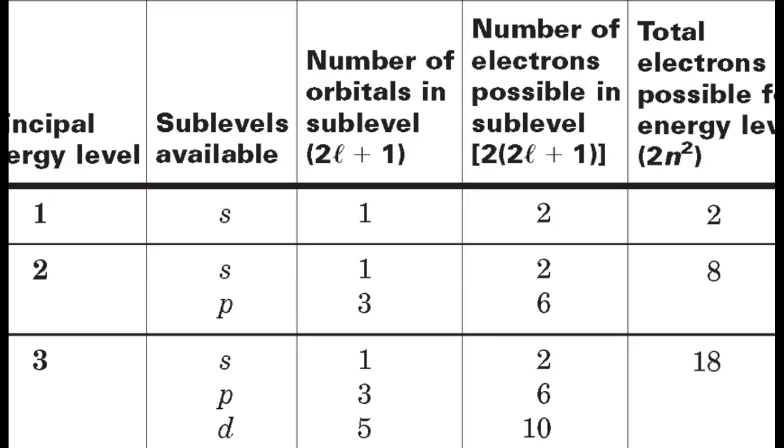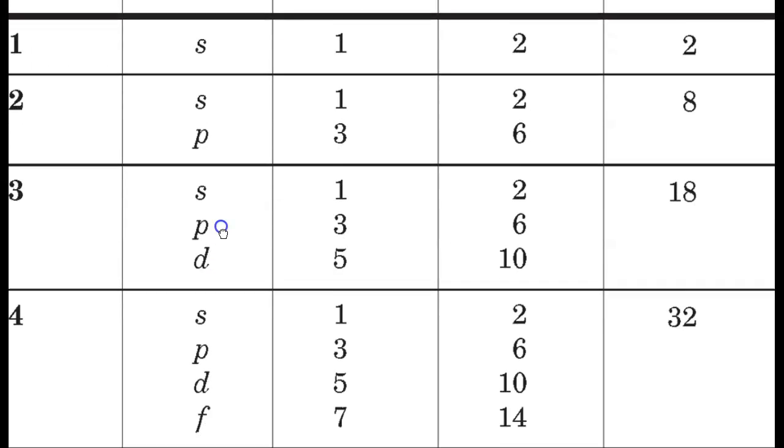If you look at the periodic table, it actually corresponds pretty nicely with that. As we'll see, the first row corresponds to the first energy level, the second row corresponds to the second energy level, and the third one corresponds to the third energy level. As we go up,